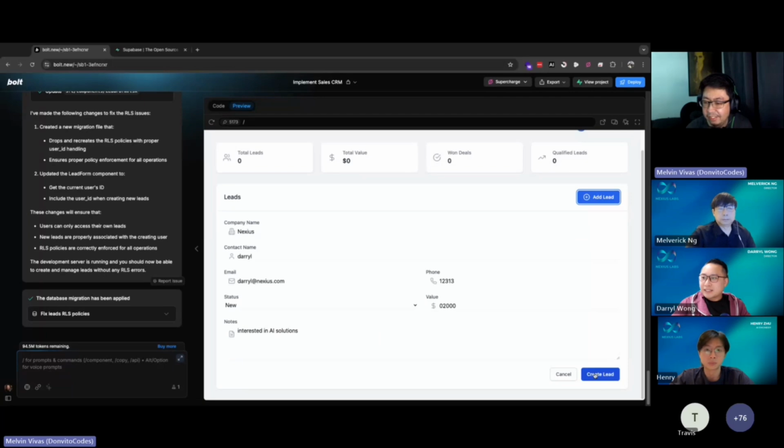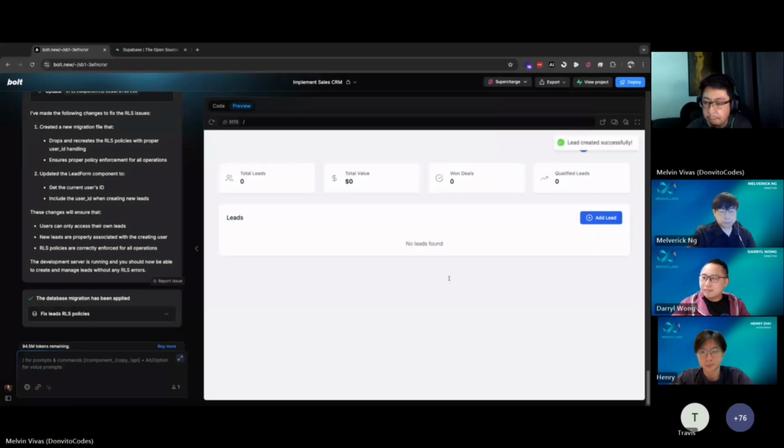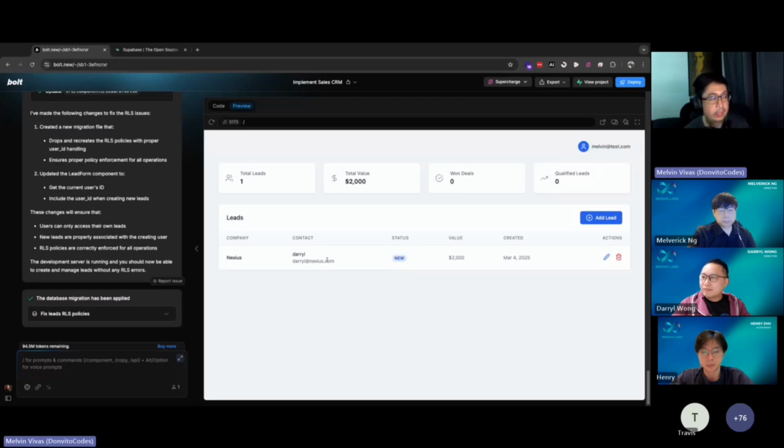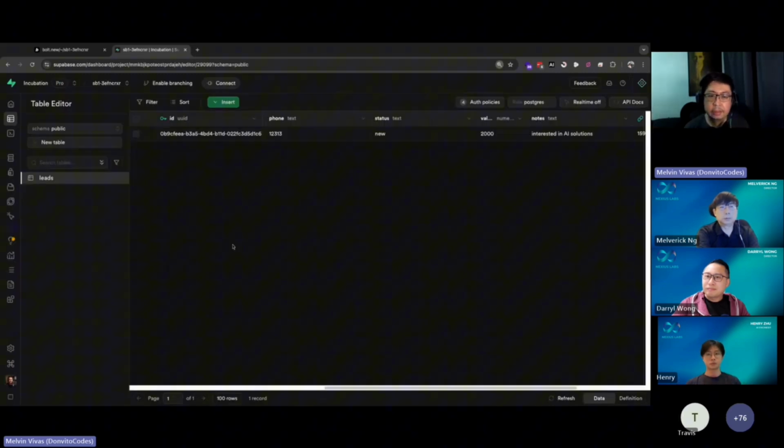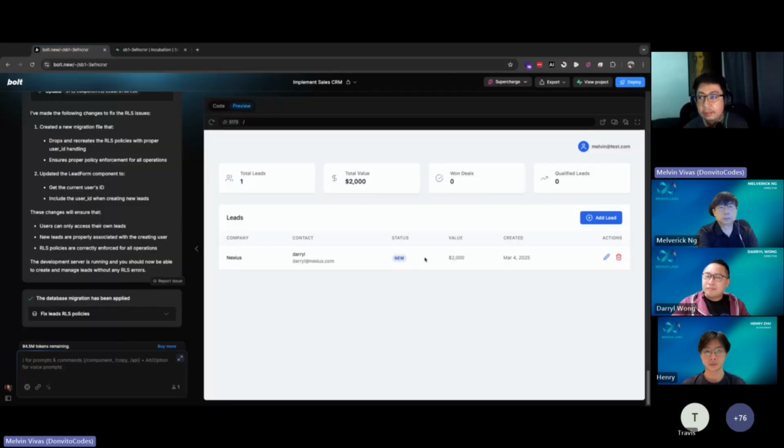So you click the create lead here. All right. So I was able to create a new lead now. So it's able to insert the data into the database. You see here, these are the information that we actually added earlier. So that means we're already able to create the login and the sign up and the database integration.